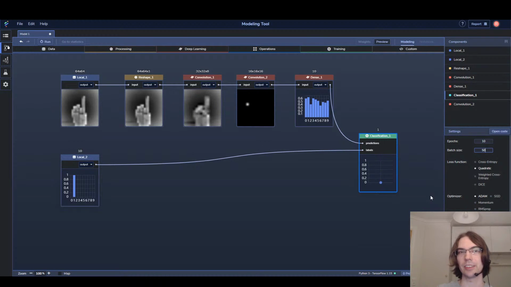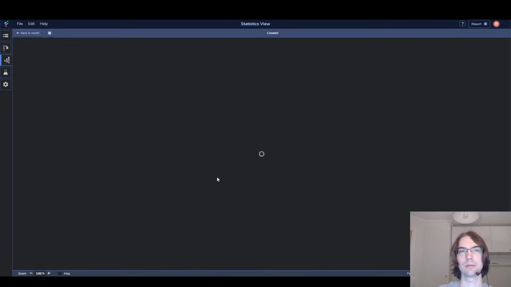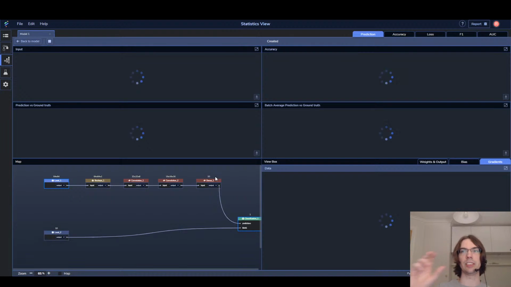So increasing the batch size both increases how quickly it trains, but it also increases the load, since it trains on an entire batch instead of